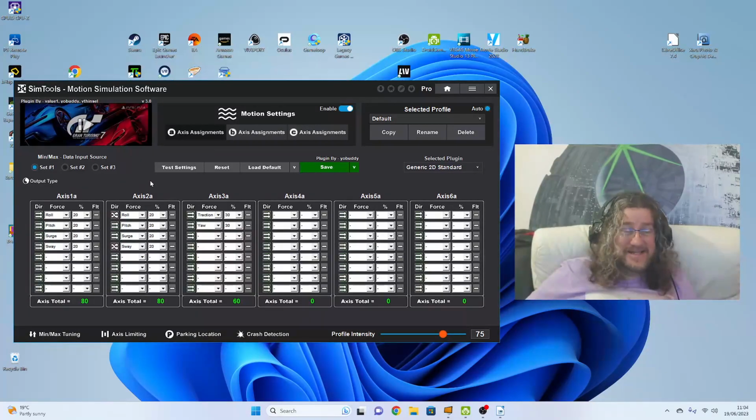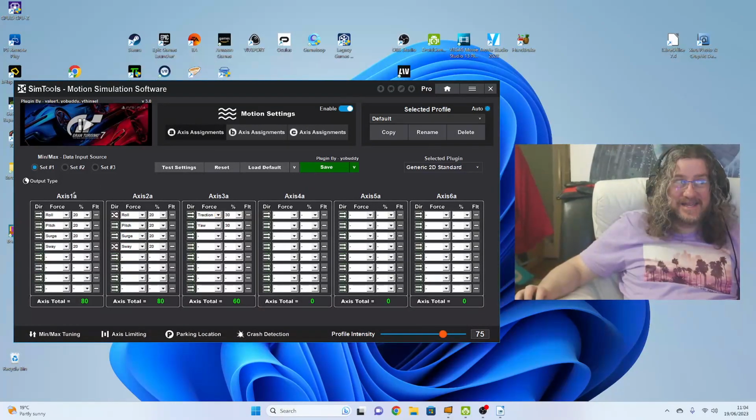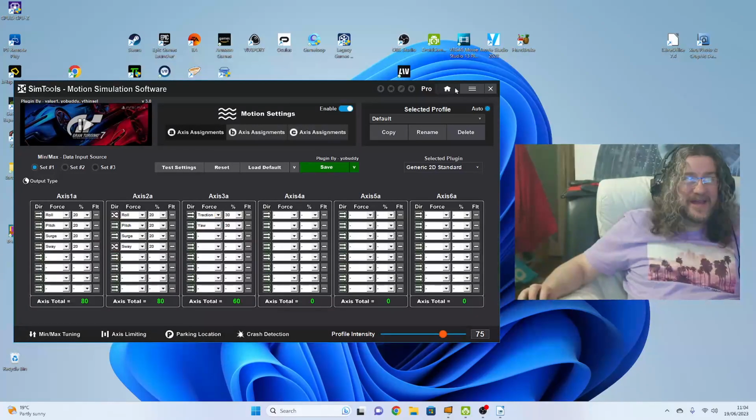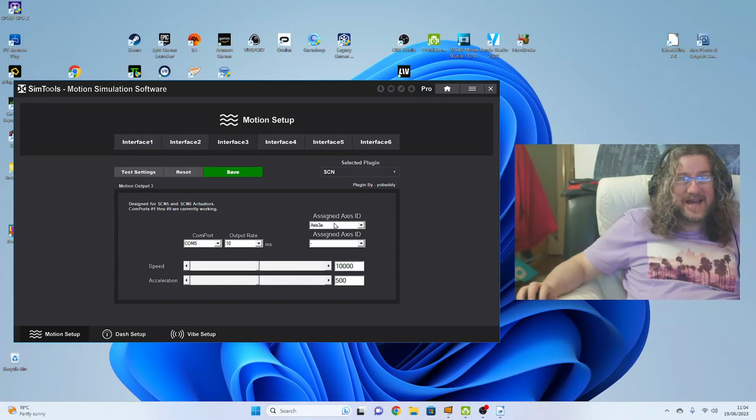Right. So this is slightly confusing that these are now called axes. But actually, these are the interfaces that we had before. So as before they were called interfaces, and here they're called axes, and I'm not quite sure why. Oh right, now I remember. Okay, back into the interfaces. If you remember, when we assigned the actuators, we assigned them to an axis. So though it was called interface, we were assigning them to an